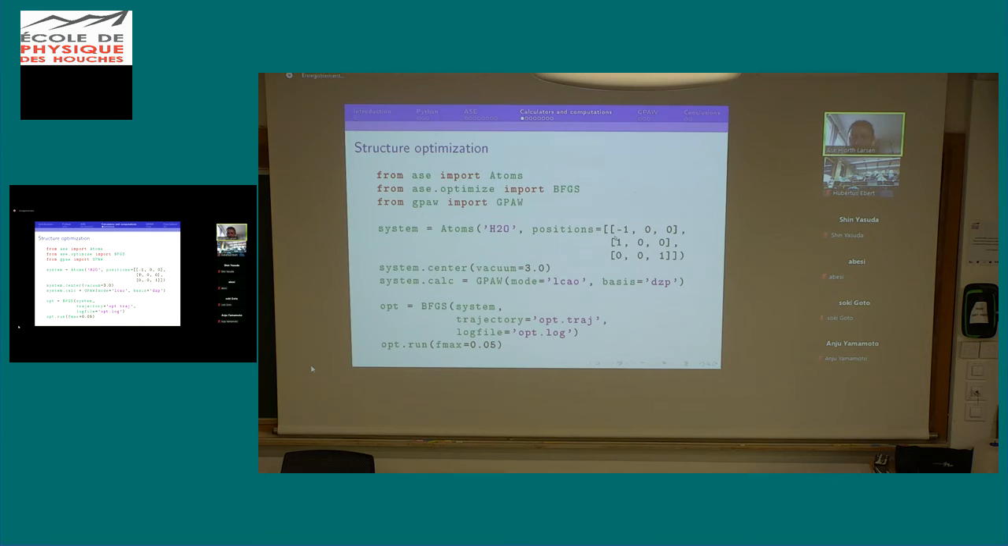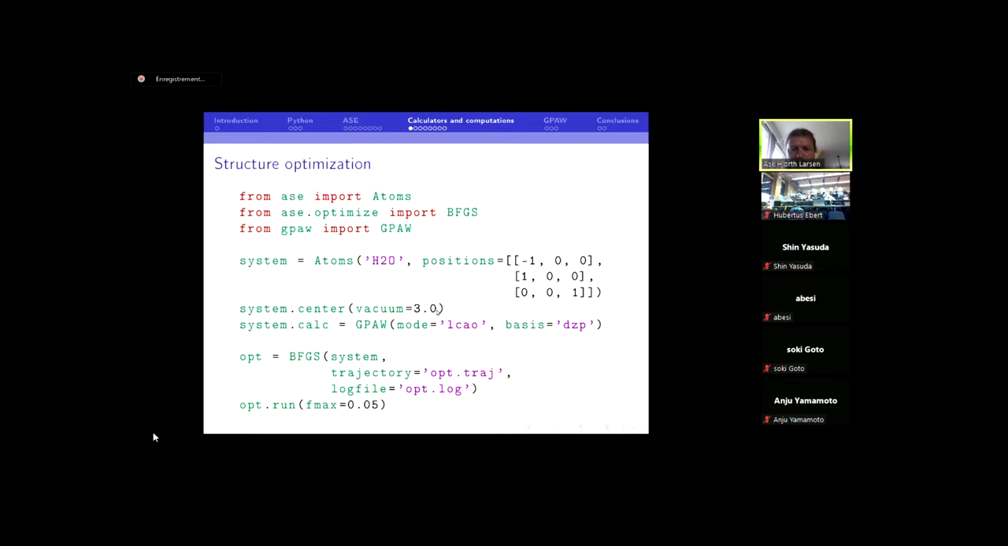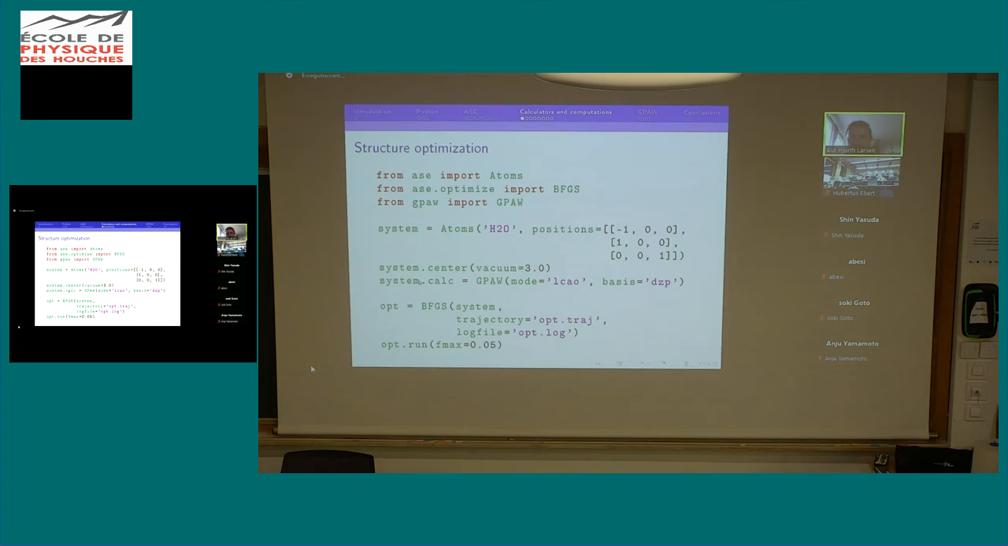I just put one of the hydrogen atoms a little bit to the left, the other one a little bit to the right, and the oxygen a little bit further up. So it's a 90-degree geometry. And then we need to center the system in a simulation box if we want to use GPAW to calculate it anyway, because GPAW always needs a simulation box, but that depends on which code you're using. Then we set the calculator,